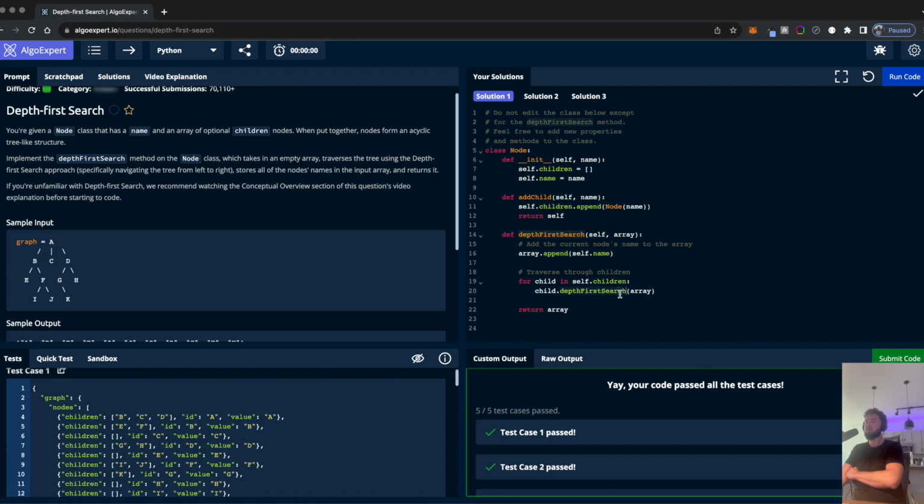For child in children, so then it appends this array, right? Or no, it doesn't append the array, excuse me. It goes children, for child in self.children. So now we're looking at B. I guess it passes in the B array. So does it go to this and then pass in this children array here? Is that how this is working?